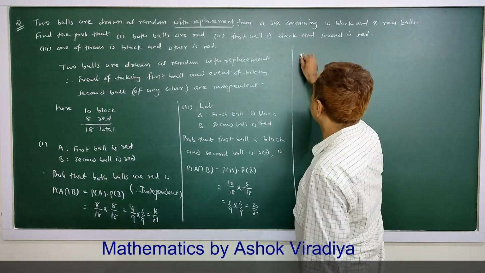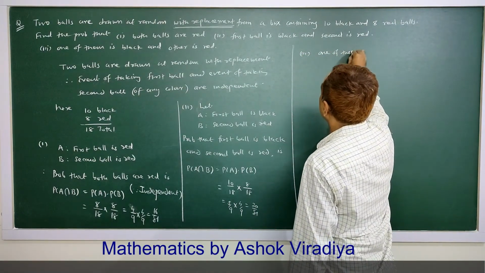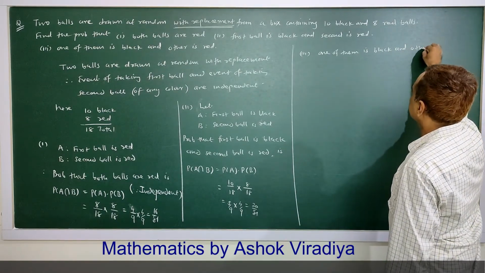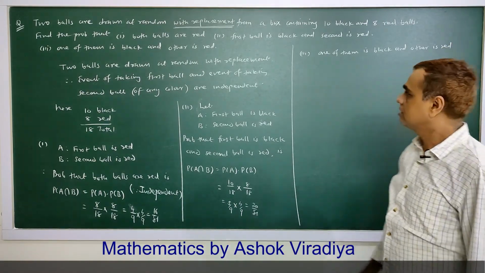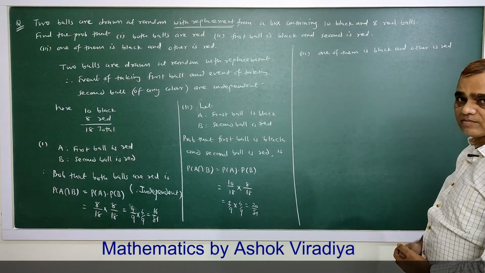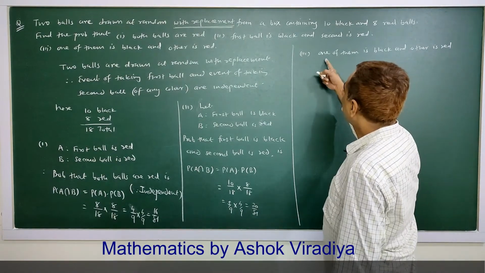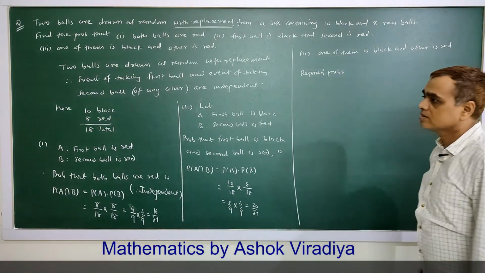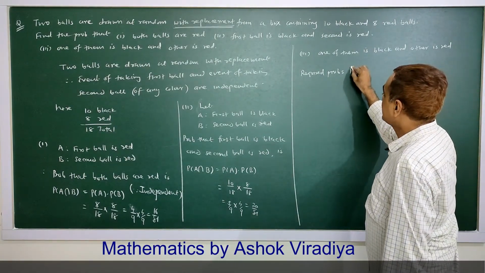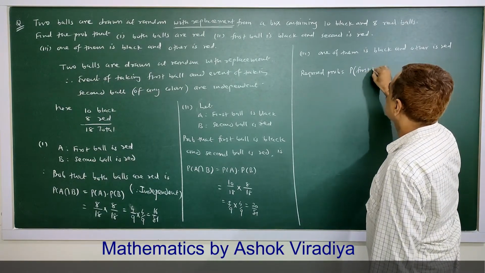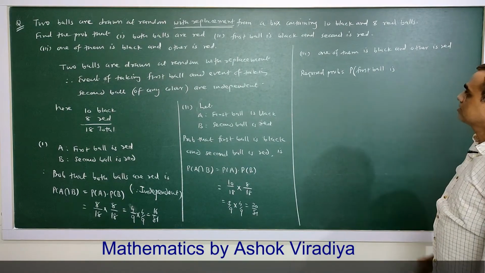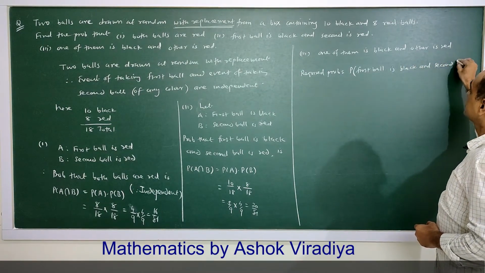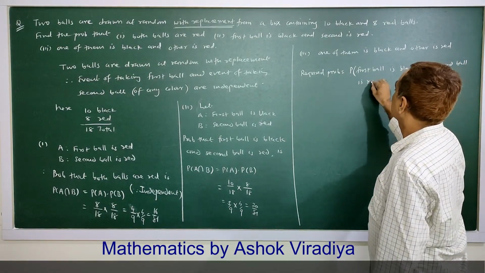Then third is: one of them is black and the other is red. One of them is black and the other is red. That means the probability of this event, the required probability, is: first ball is black and second ball is red,